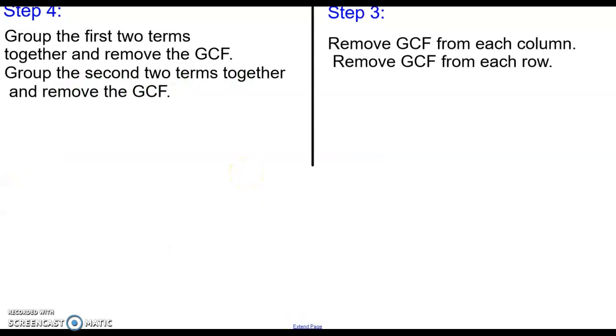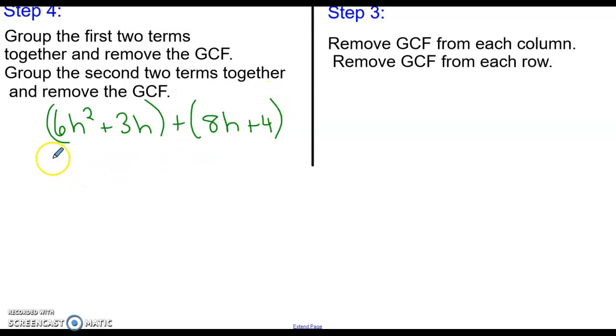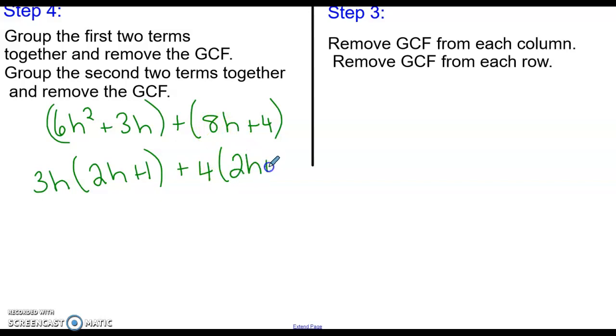So here's my first 2 terms, 6h squared plus 3h, and my second 2 terms, 8h plus 4, and I'm going to take out the greatest common factor of each one. 6h squared plus 3h, my greatest common factor is 3h, and I'm left behind with 2h plus 1. For 8h plus 4, my greatest common factor is 4, and 8h divided by 4 is 2h, and 4 divided